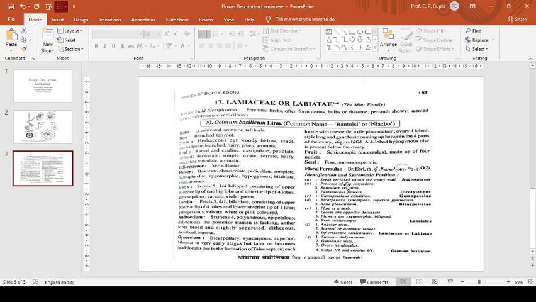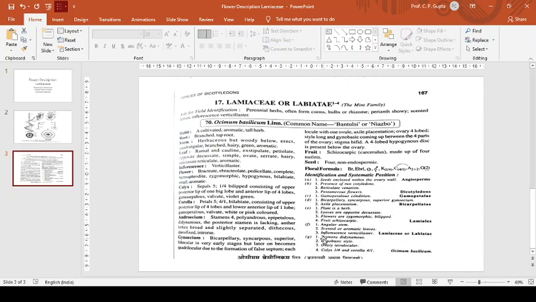Now we come to the identification and systematic position. Angiosperm, when seed is enclosed within the ovary wall; dicotyledon, when there is presence of two cotyledons, reticulate venation, pentamerous flower; then gamopetalous condition; then bicarpellary syncarpous superior gynoecium and axile placentation. Plant is a herb. Leaves are opposite decussate. Flowers are zygomorphic, bilabiate. Fruit is schizocarpic. All are the characters of order Lamiales.